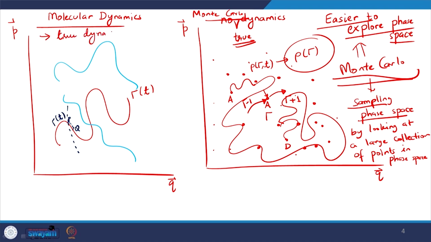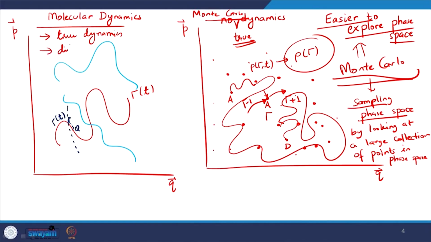I can really capture how any state would evolve, particularly when we are looking at the behavior in the non-equilibrium regime, when we have not reached the stationary solution. In that case, molecular dynamics will guide the study of how the system will evolve to the equilibrium state, and that will be a true dynamics because we are solving Newton's laws of motion or Hamilton's equation of motion. On the other hand, it will be difficult